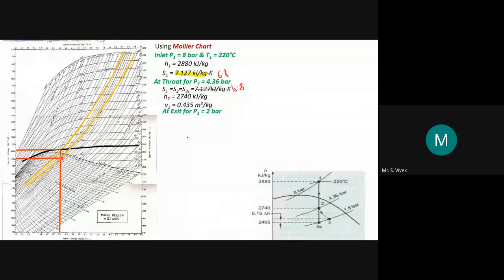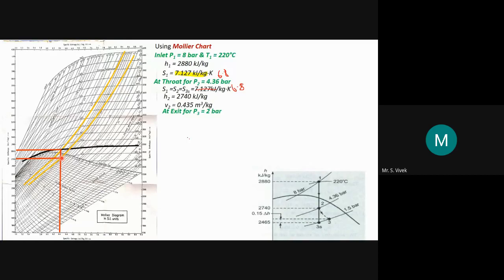Maybe it will lie between two lines, or it will lie on the line, or it may be on one side of a line. Sometimes it will be on the line, and sometimes it may be near 0.2 or near 0.5. If it lies nearer to 0.5, you can take it as 0.4. If it lies in between 0.2 and 0.5, you can take it as 0.3. That is purely approximation.